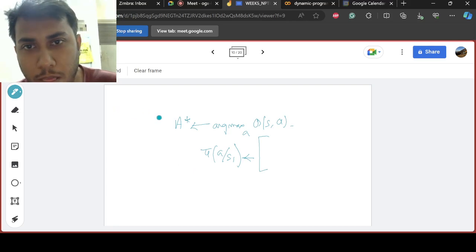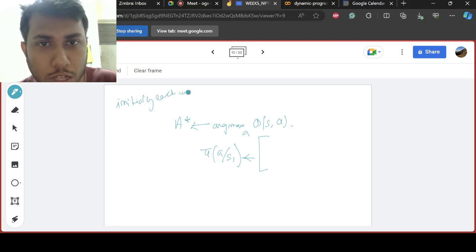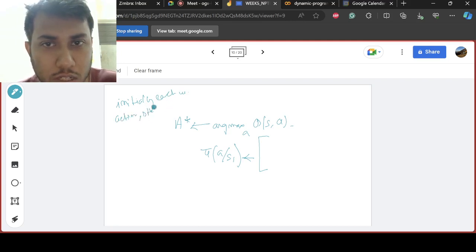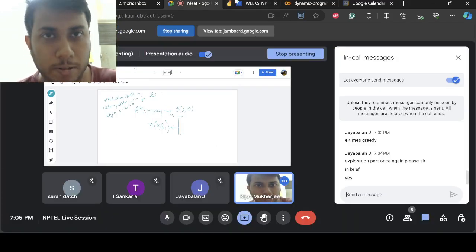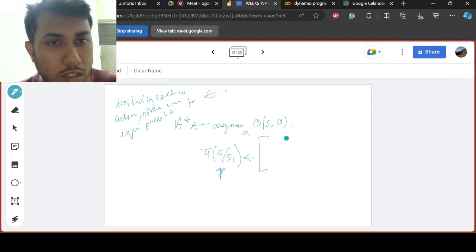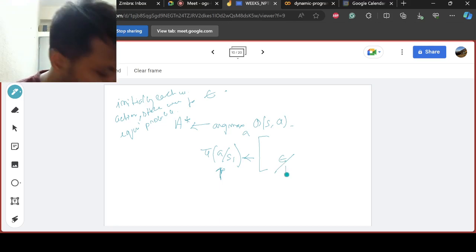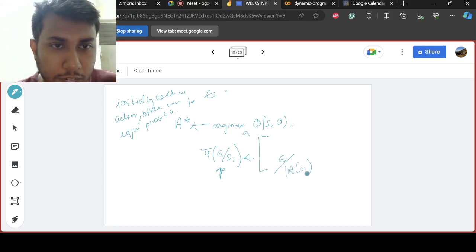Initially each action in the state was equiprobable. Now we will update this probability so that it becomes epsilon divided by the number of actions in state S1